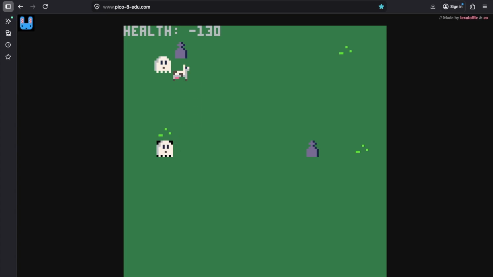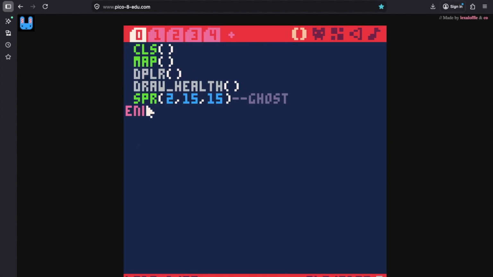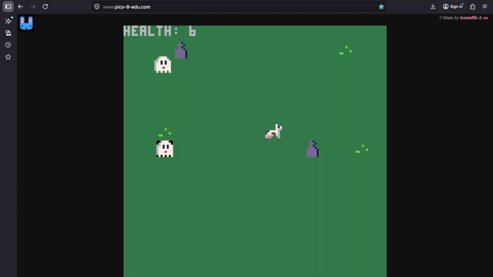I also want them to spawn randomly, because in my code right now, I just have them spawned right here in this line. I have it spawned in one specific area, but I want it to be spawned randomly, and it's not working right now. The idea is that the grass will spawn randomly every 20 seconds or so. And I also want random ghosts to spawn every 20 seconds or so. When I hit the ghost, it will take some health off of me. This is about as far as I've been able to get on my own with the videos that I've watched. I just have a lot of tweaks left.